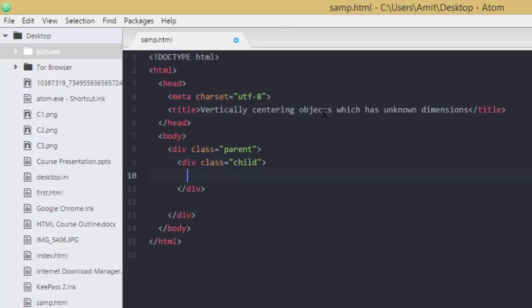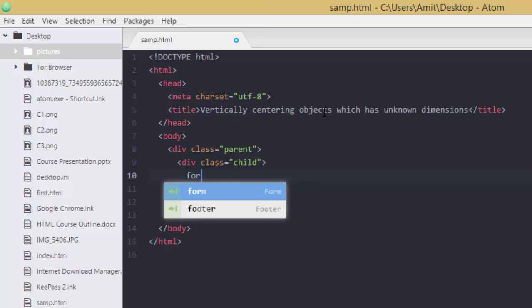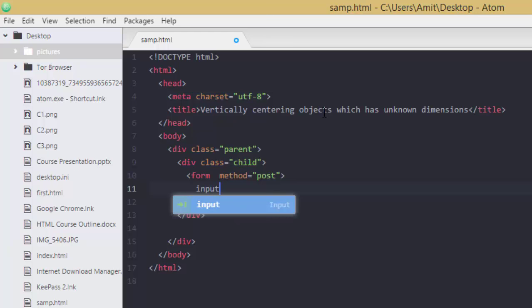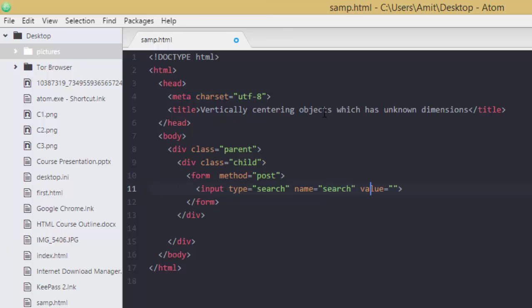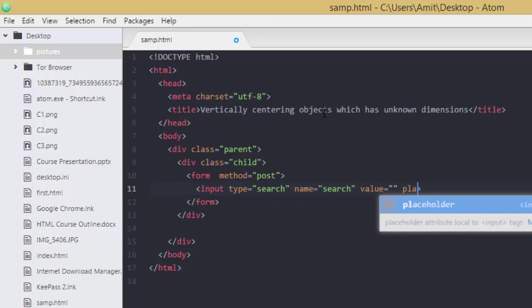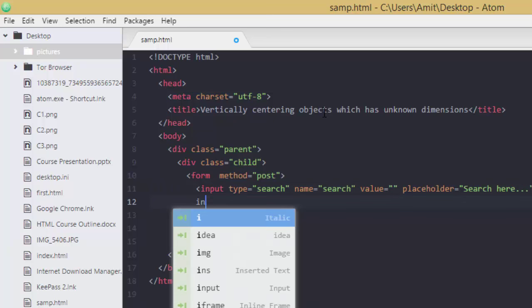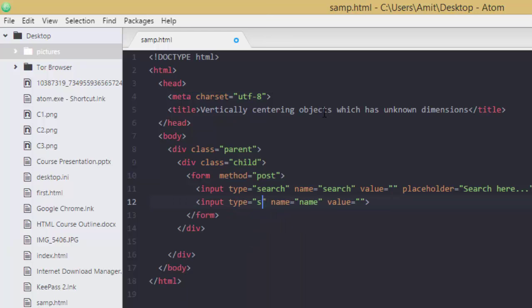And finally what I'm going to do, I'm going to create a form element, and let's remove these two attributes here, and inside this form element I'm gonna go ahead and create an input element, and let's give it a type of search, give it a name of search, leave its value attribute as it is, give it a placeholder text of search here which will be displayed inside your search box, and let's create another input element and give it a type of submit, name to submit.